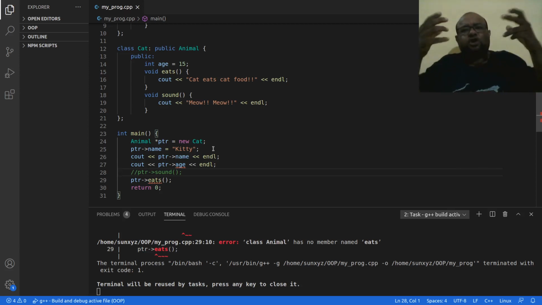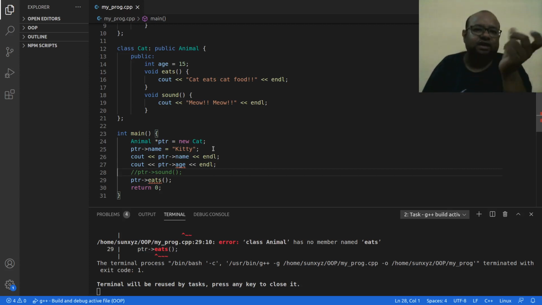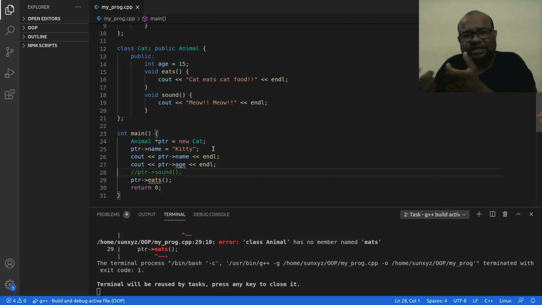I will have all the attributes and methods that I inherit from the parent class, and all the attributes and methods that I create inside my child class. So there are going to be two types of attributes and two types of methods. But if I have a parent class pointer pointing to a child class object, I can only access those attributes and methods which I inherit from the parent class, so only those that are already there in the parent class.